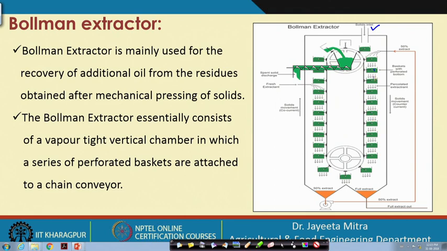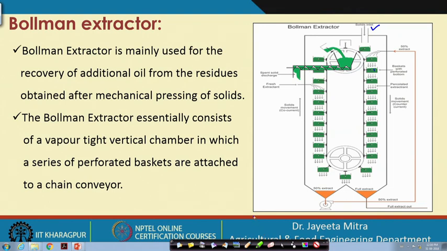Similarly, these buckets eventually move from left to right following the path of the bucket elevator, and as they move upward again, the fresh extractant or fresh solvent is sprayed on them. So, the 50% extract is collected from the residual solute that was there, and then it is circulated again. This process is continuous, and all the buckets are emptied at the top of the system in a Ballman extractor and taken away by a screw mechanism.